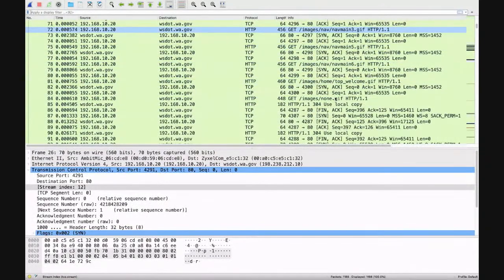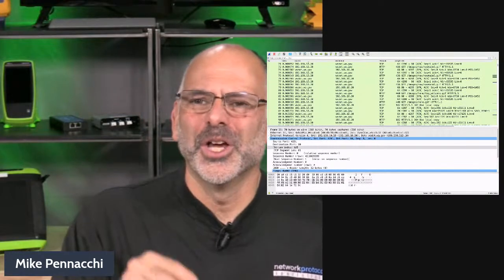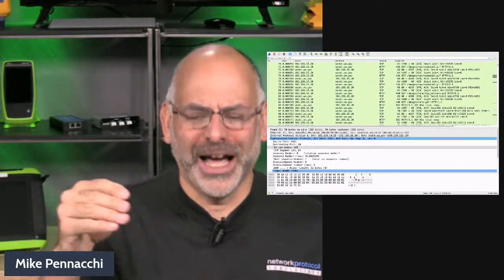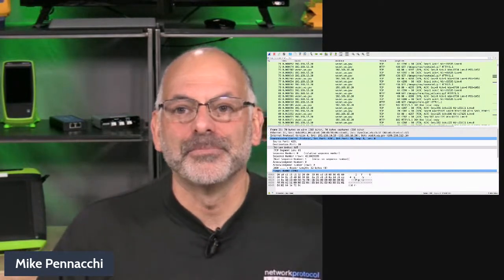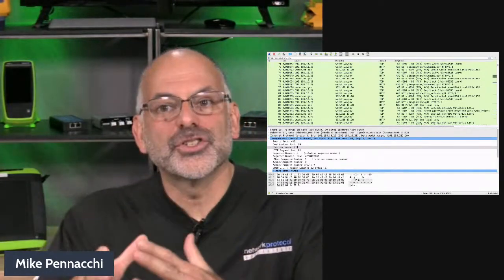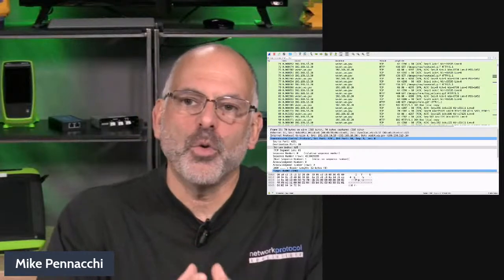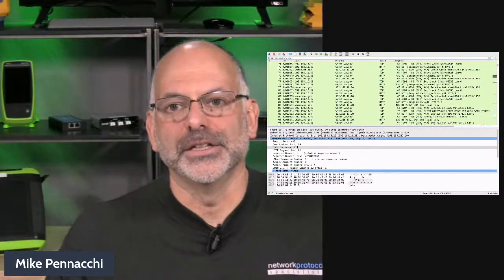But now let's go ahead and let's jump in. And what we want is we want to find the bad packets, right? We don't care about the good packets. We want to find the bad packets. So here's what I'm going to show you. And this is how we can start modifying Wireshark to meet our needs.